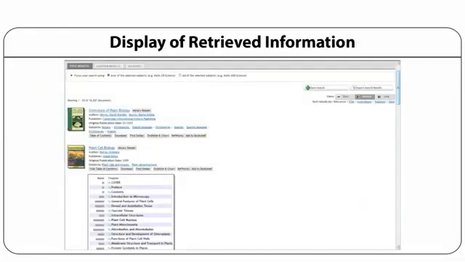Display of retrieved information. The display of retrieved information plays a key role for users in evaluating the search results quickly for making decisions in refining the query for relevant results. To support the user, the retrieved search results must be displayed with precision and brevity so that maximum search results can be displayed in a single window, enabling the users to select the relevancy of the content as early as possible.